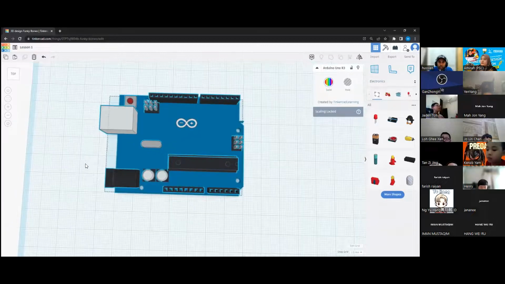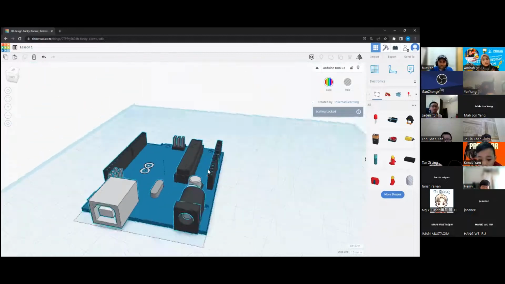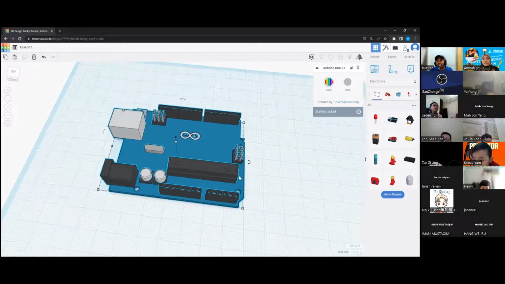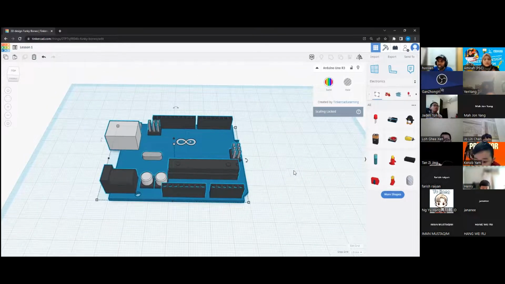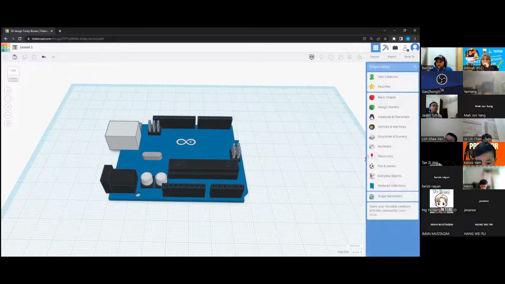So this one is already defined, so you can see it shows here scaling is locked. So that means this is fixed. You can't change the Arduino dimension, which is good because we don't want to change the dimension. All right. So once we have placed the Arduino here, next we want to go here and we will